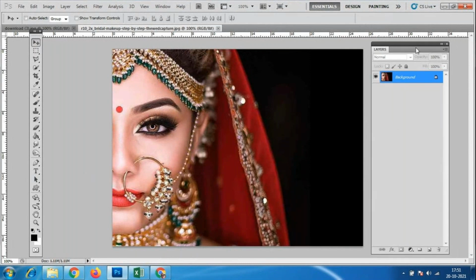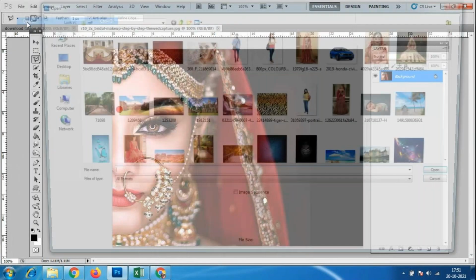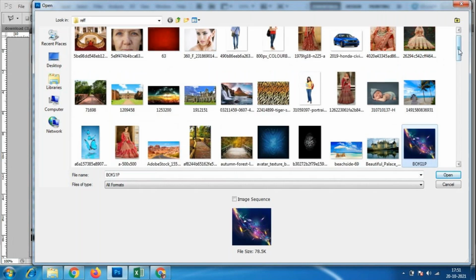First we have to select the face over here, so I'll go to the polygonal lasso tool. Before that, what kind of textures do we have to add for this face? Go to File, Open, and I have this cheetah kind of splashy texture here, and we also have this avatar texture.